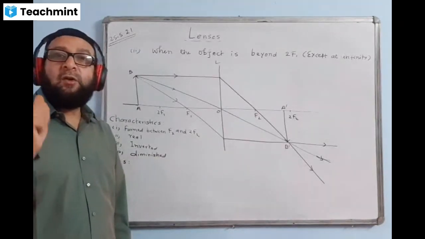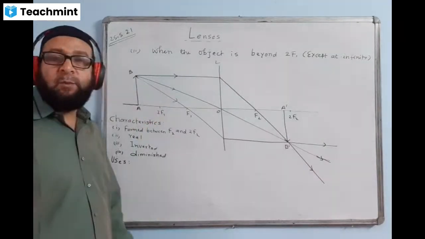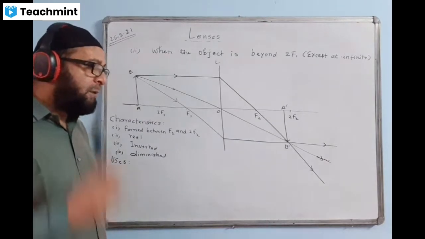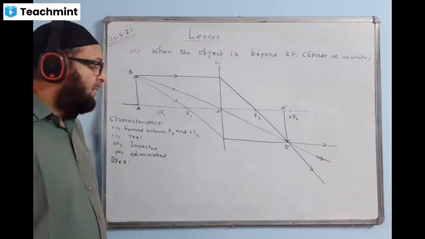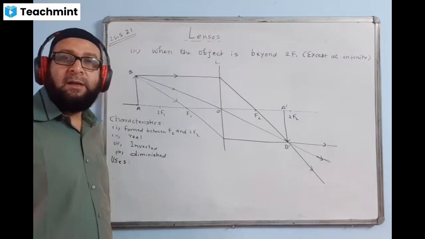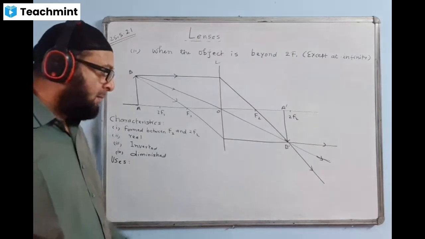If the question asks you to draw three rays, then only we draw three standard rays, 1, 2, 3, from the point B. Otherwise, two rays are good enough to form the image. In any case, if they ask you to draw three rays, you will think about the auxiliary focus. That is the F1 property you will think of. That is the standard case.